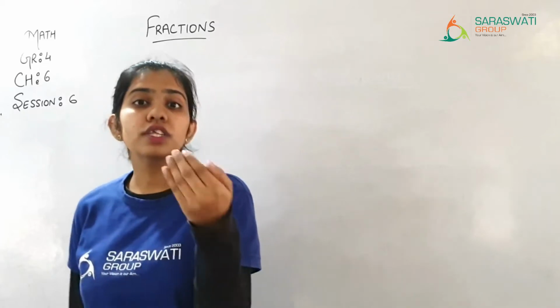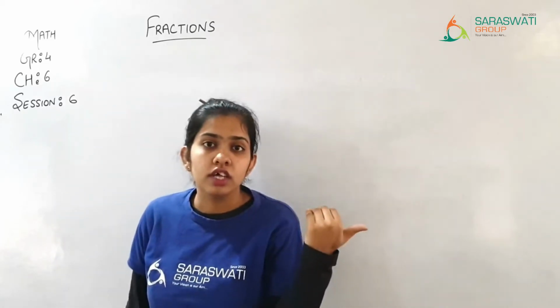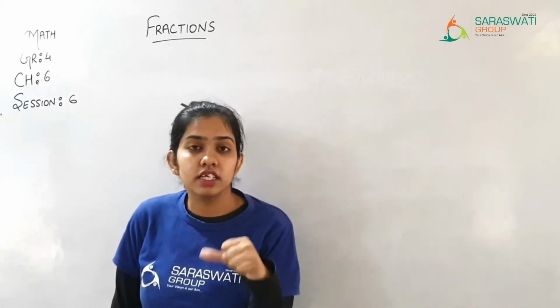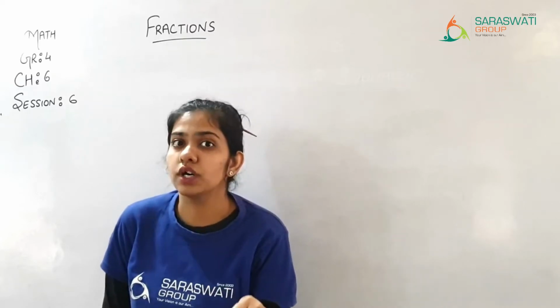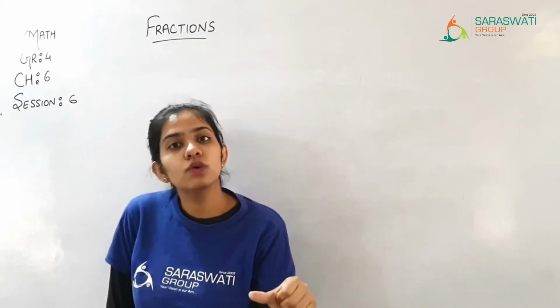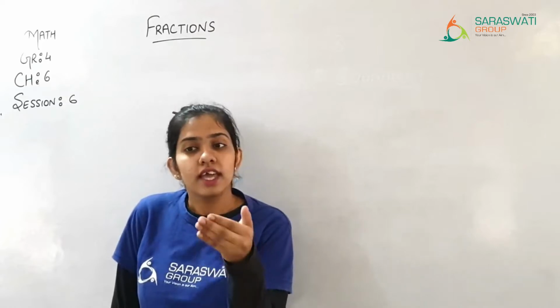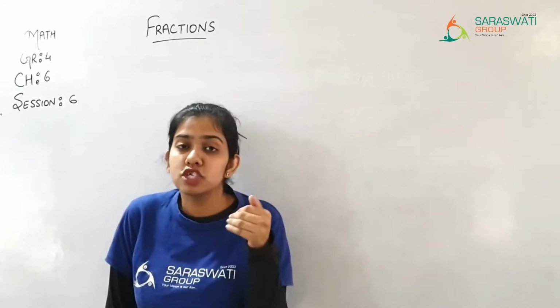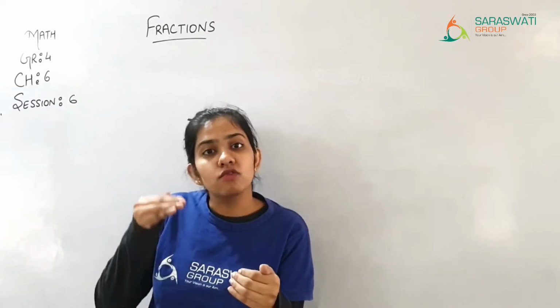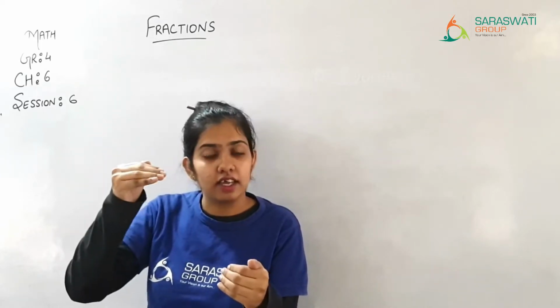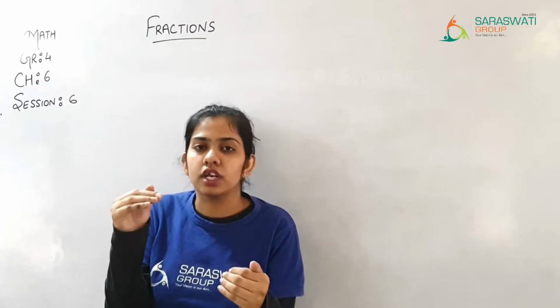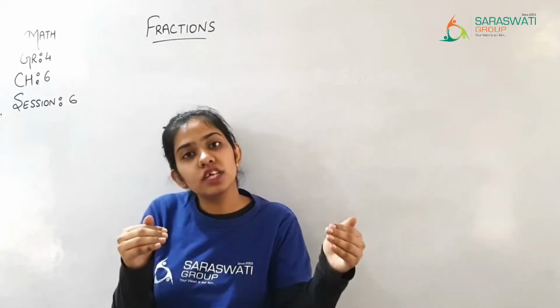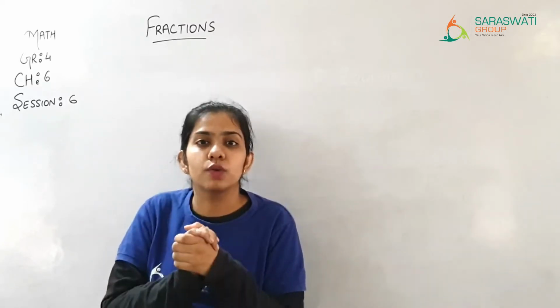But it is not so in the case of when the numerators are equal and the denominators are unequal. जब denominators unequal होते हैं तब क्या होता है? At that time जो denominator में value सबसे छोटी होती है वो सबसे biggest रहता है, right? That one is the bigger one, and जिसकी value सबसे ज्यादा होती है that is the smaller one.